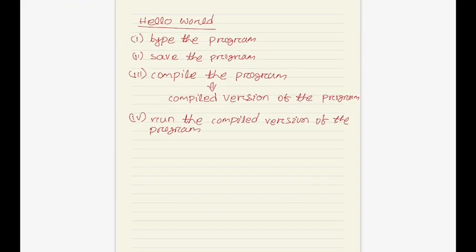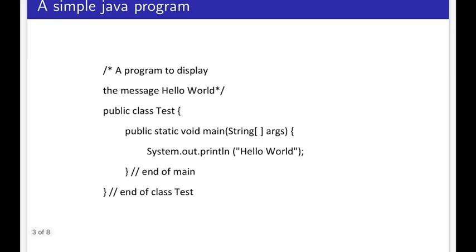We will discuss the first program that is going to print hello world. Here you can see a simple Java program that is going to print hello world on the screen or on the monitor.